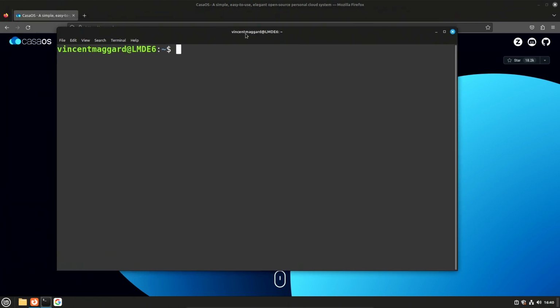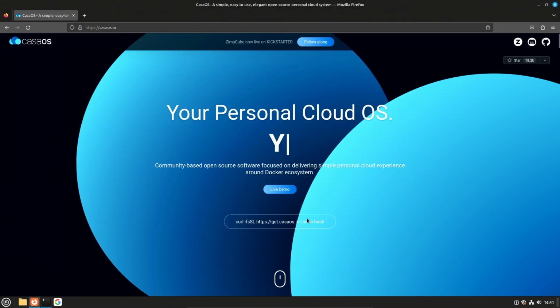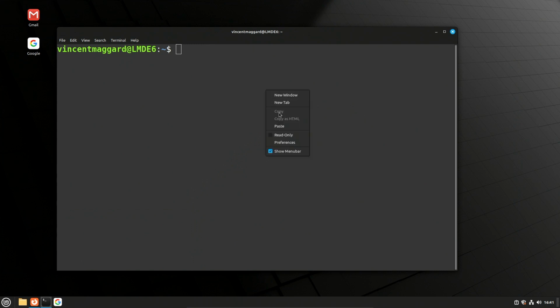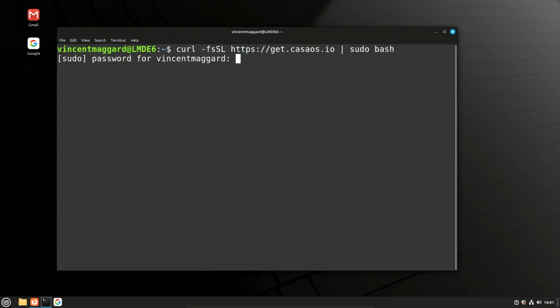But anyway, just so you know, in case something malicious happened on their servers, you would be able to inspect the script if you download it and look at it, and then you could run it under Bash. This will just run it immediately as soon as it downloads. I'm okay with that, but it definitely is a bit of a security concern.